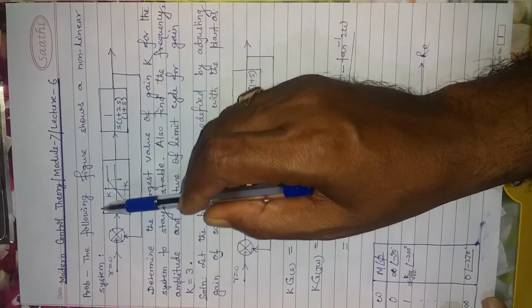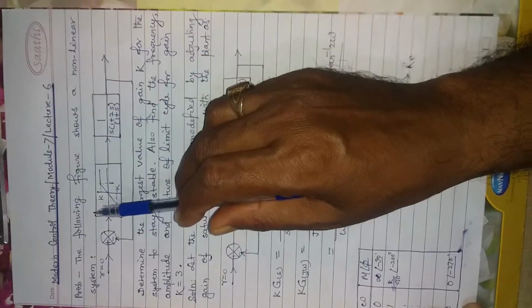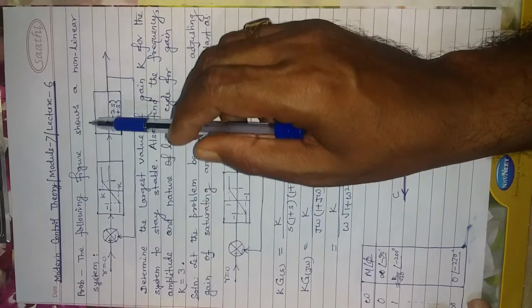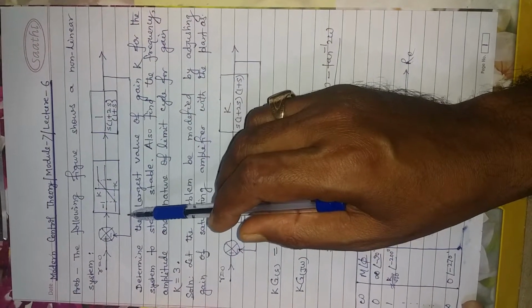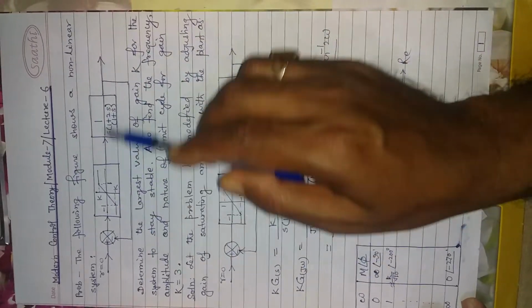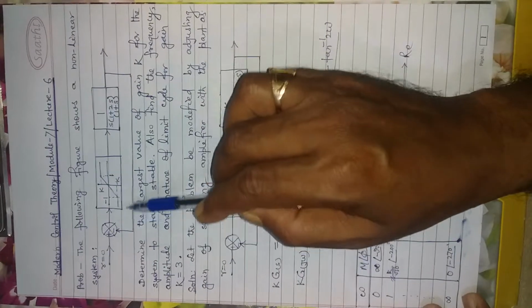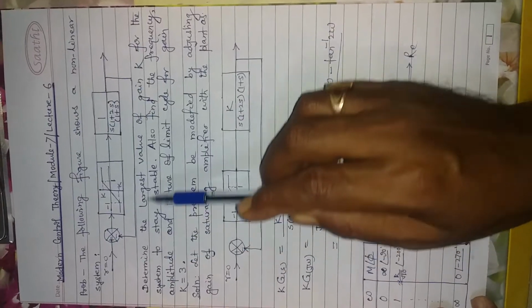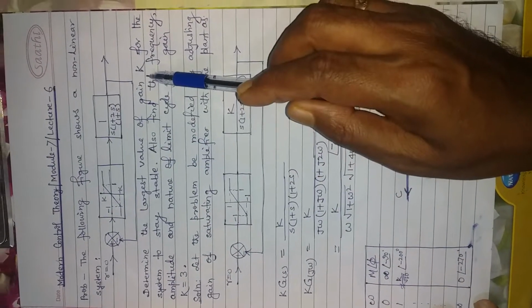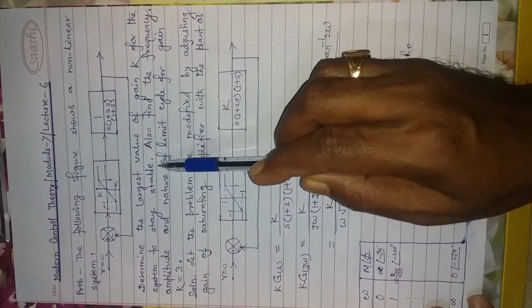This is another problem, lecture 6 in fact, to describe the application of describing function to examine the stability of some nonlinear system. So this is the problem. Here the nonlinearity is the saturation amplifier and the plant function is this one. We have to determine the largest value of k for which the system is to stay stable,